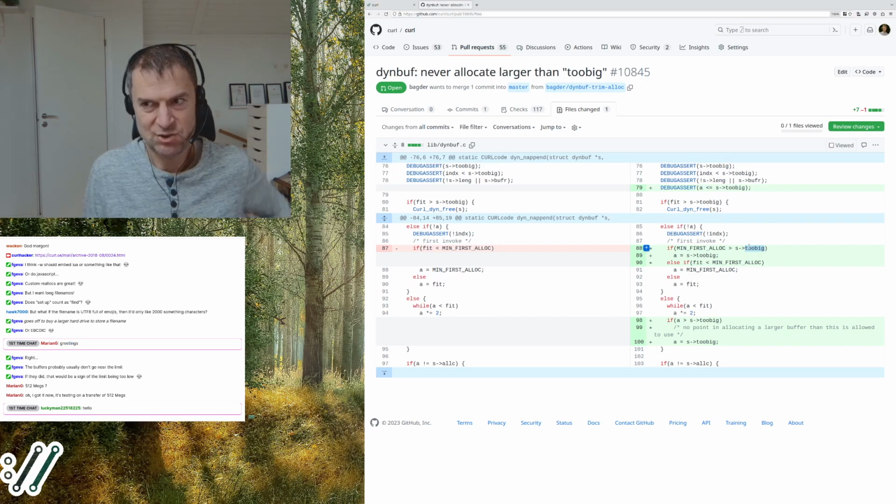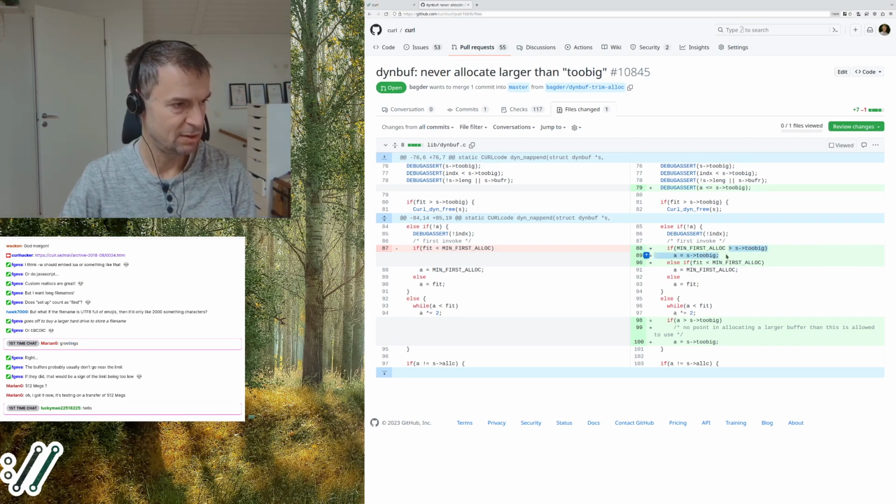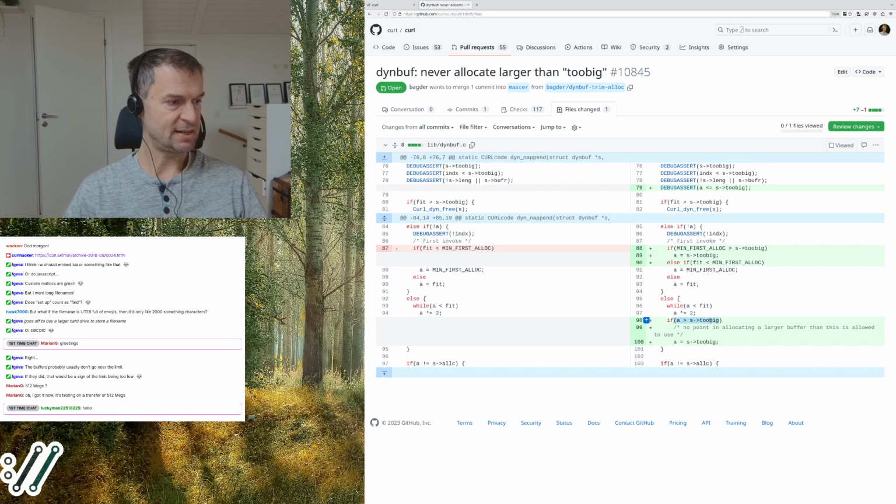And we actually have one of these cases, so I ran into this. So it could also shrink it even more for the tiniest allocations. If it doubles up until it's larger than needed, but the allocated amount is then larger than the too big, it can just set it down to the too big value.